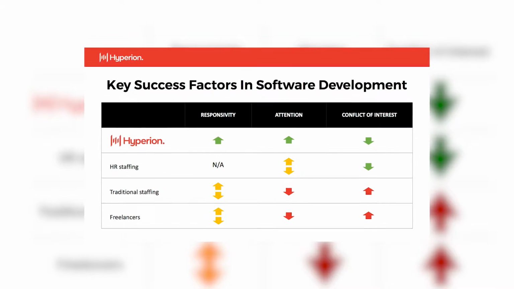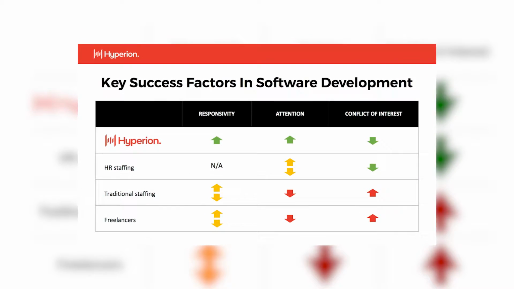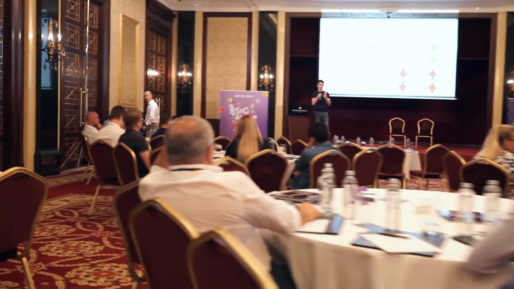Level of attention is high because in Hyperion, a dedicated team is a dedicated team. We don't switch people between projects. We don't do traditional IT staffing. Unfortunately, when the project is done, if we don't find a new project for this team, they just leave our company, which we are fine with because we are focusing only on solutions for mid-term and long-term projects. That is, by the way, what creates commitment and engagement, a formed-up team, better relationship with the client, things that can never form on a project base. Because project base is short-term, there is no time to build up a team.